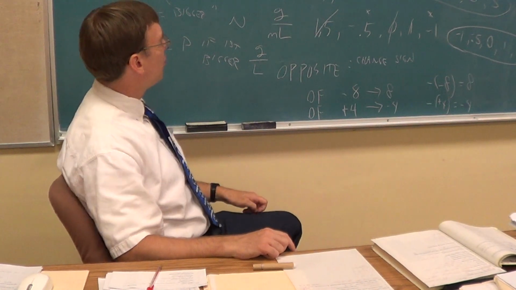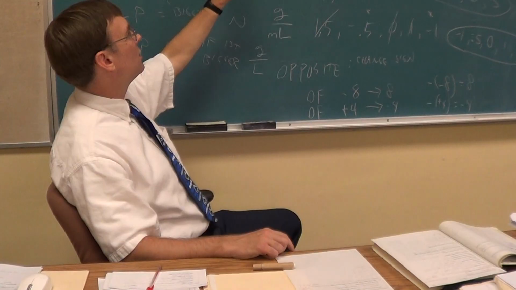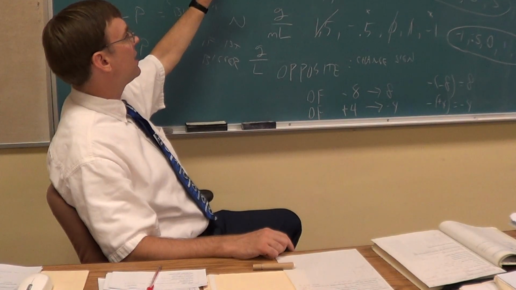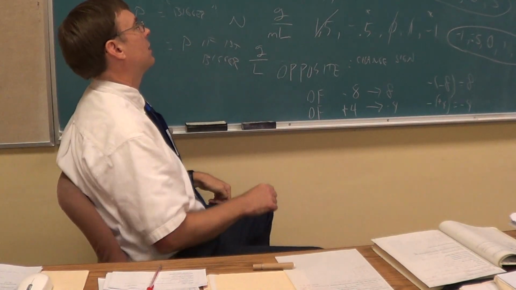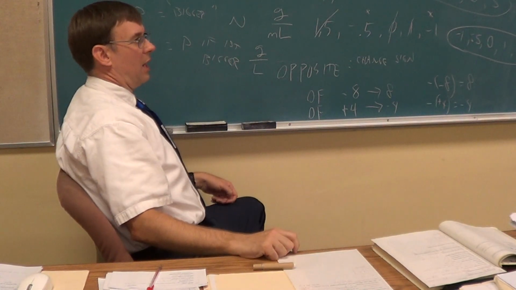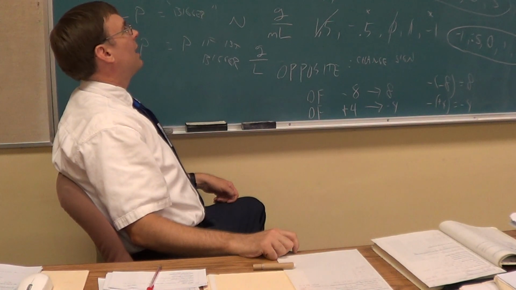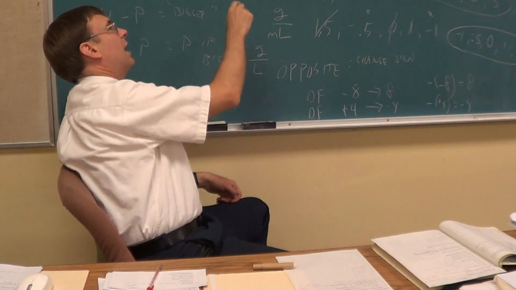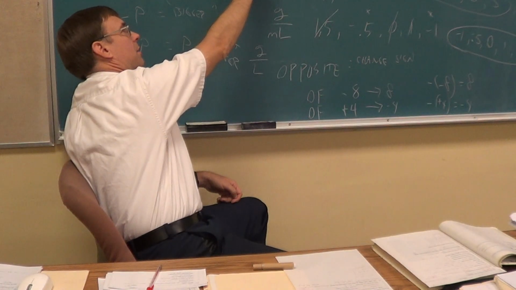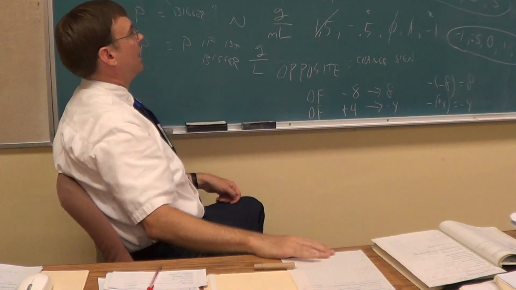On and off through the book, there are days that they'll use these, and you might need to interchange one to make it fit the context of the problem. But 1 milliliter, which is probably like a drop of water-ish, maybe a little bit less, is the same as a cubic centimeter. That's the same as a cc.